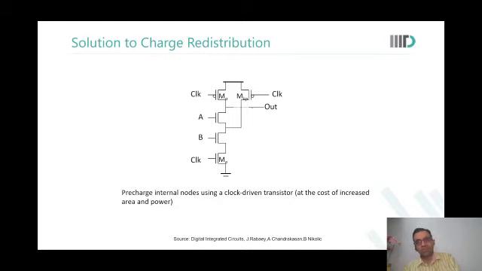Sir, here you were talking about the extra keeper that you're adding. We don't necessarily need to connect it with the clock. We can connect it directly with the output, like the inverter. Right. Yes, in specific cases we can do that. But what is the problem? When will we not be able to do that?